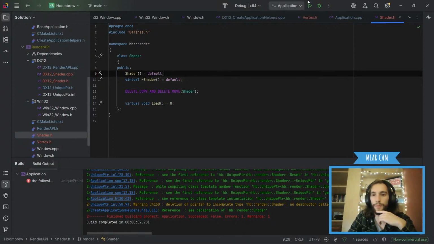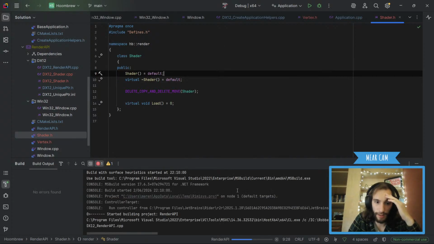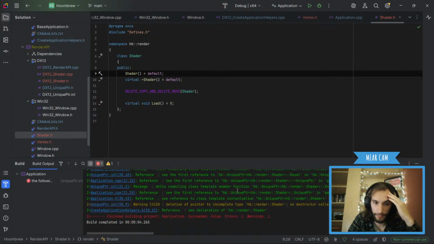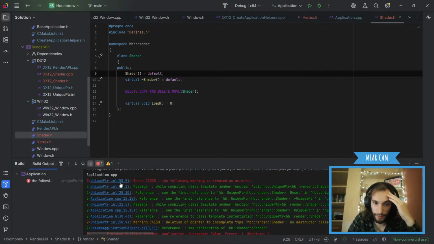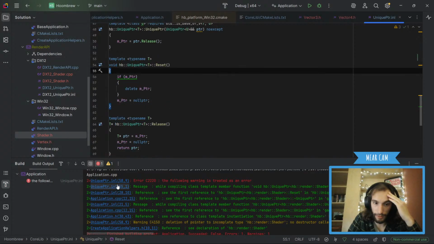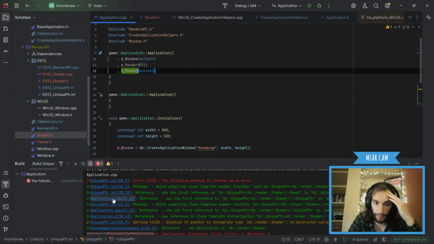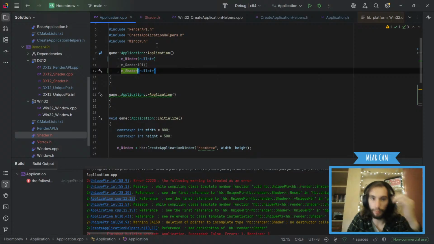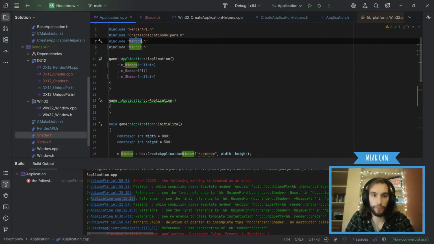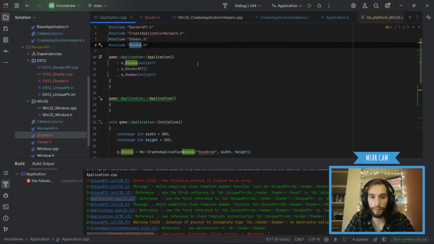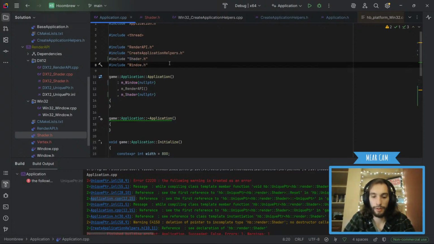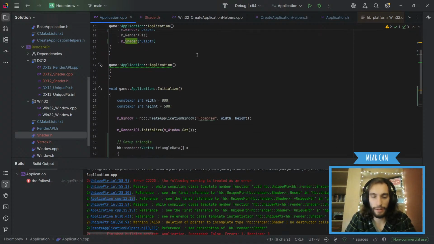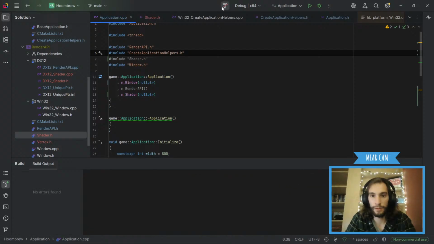I don't get this. What is this error even saying? How can you, it should be in there. Unique pointer. You go here, yeah, from the reset, because call that. Oh, should I just do shader? I don't know why window is needed, but shader isn't. Maybe already in here? No, right? No. Yeah, that makes sense. I don't know why it's grayed out. Probably because it's already in render API, but oh well. This should work now.